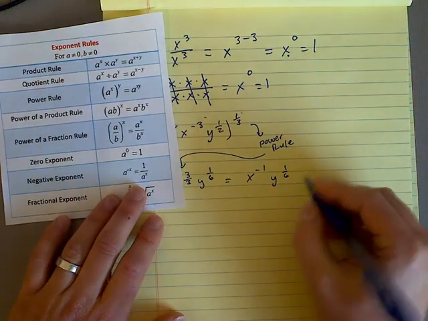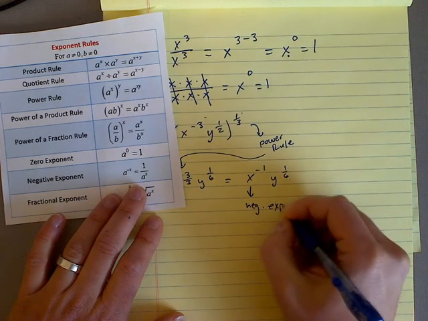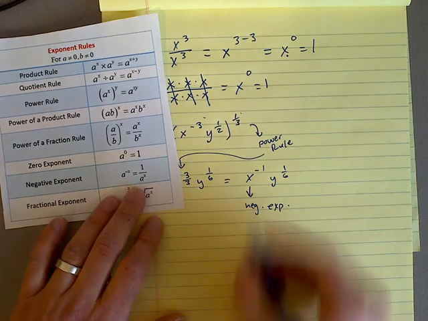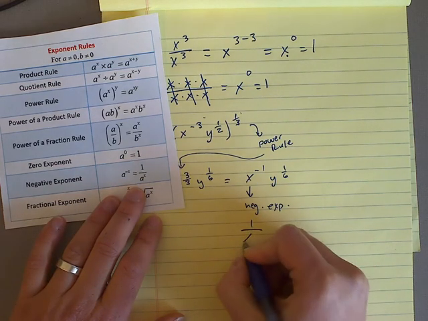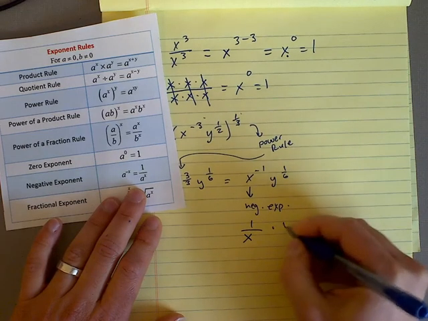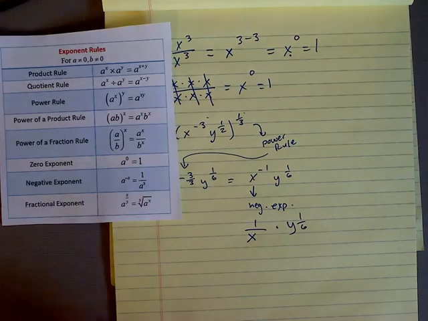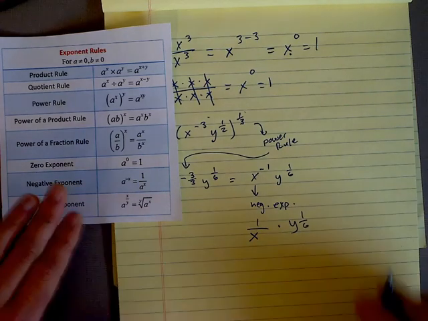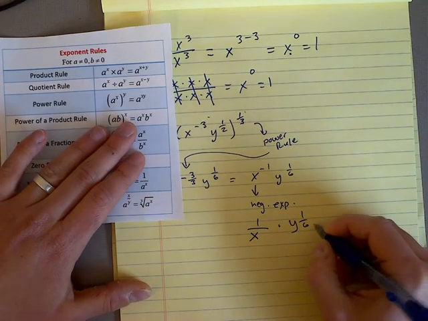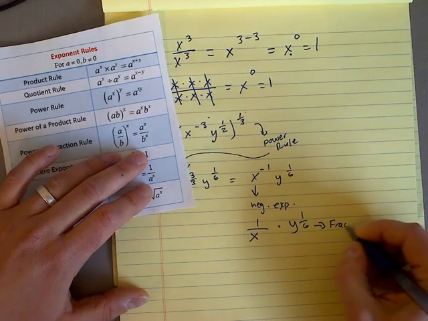So in this case, we're going to apply the negative exponent rule to just the x. So it's going to become 1 over x. And then let's rewrite the 1 over 6. Now let's look at that 1 over 6. This is going to apply to the 1/6, we're going to apply the fractional